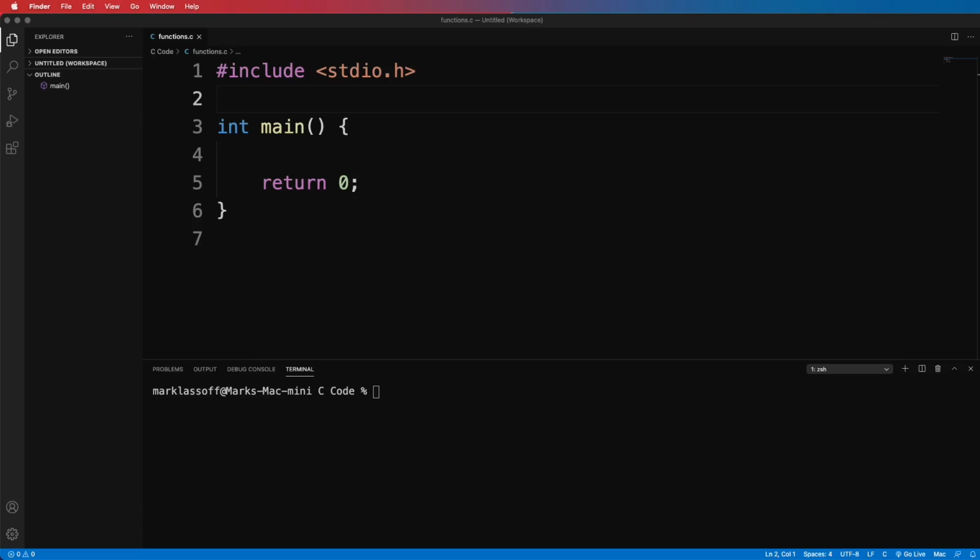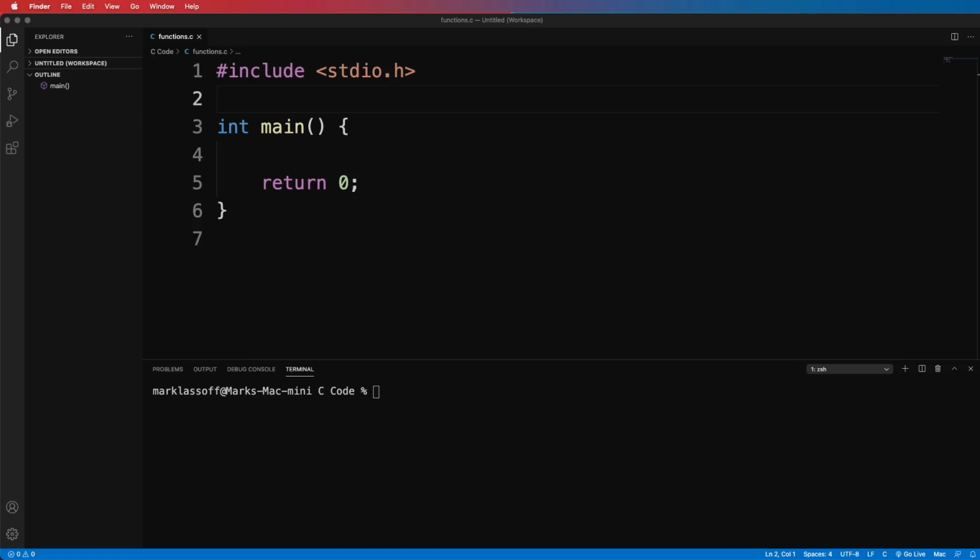In C, functions are essentially blocks of code that have a purpose to execute some part of your larger program. You've actually already been using a special function called the main function. That's where the C processor knows to start executing your program. Now, we're going to write our own functions. We're going to write functions that execute on their own when called, that take arguments, that take in values, and also functions that return values. Let's take a look at the code. As I mentioned a moment ago, we've been using functions the entire time we've been writing C code.